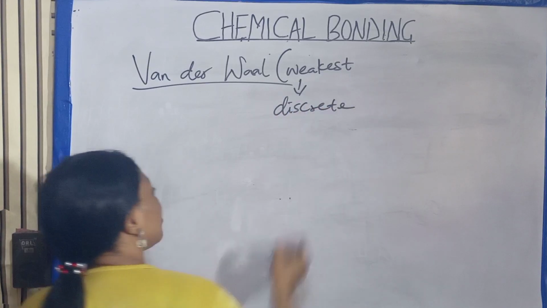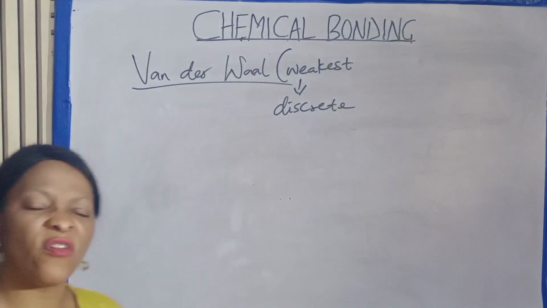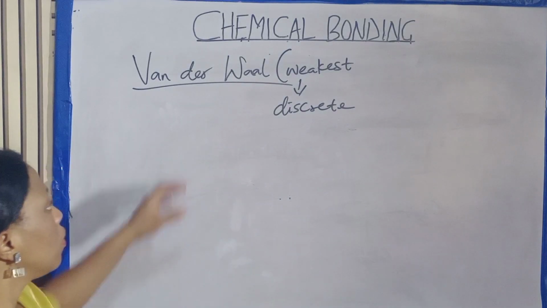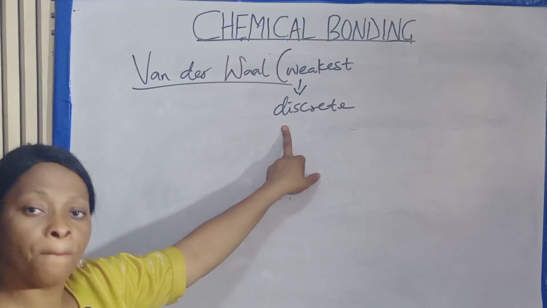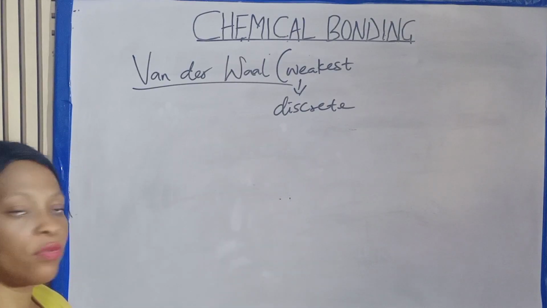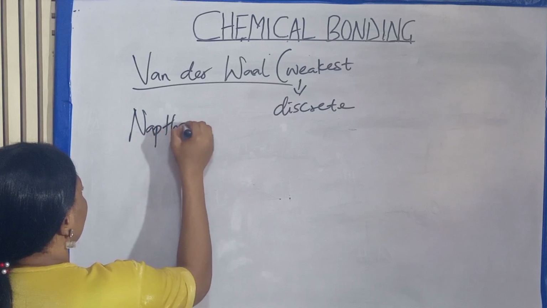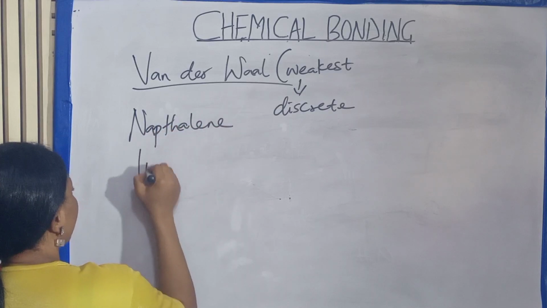It exists in discrete molecules. It is very weak, extremely weak. So, it exists in discrete molecules. Examples include naphthalene, iodine,